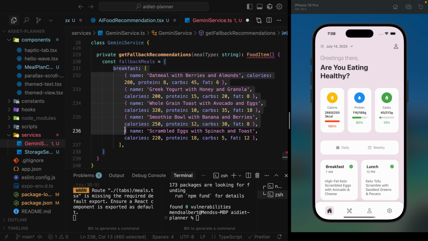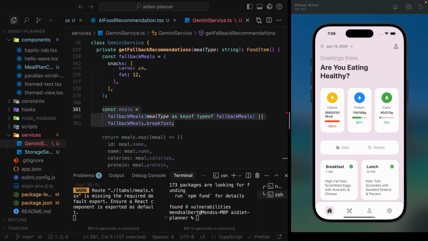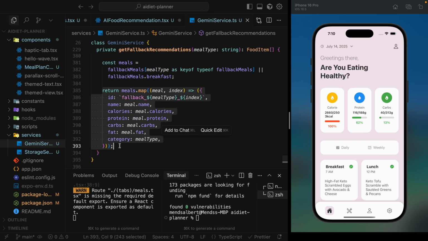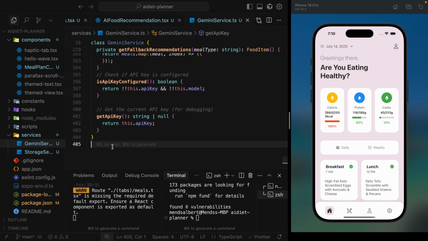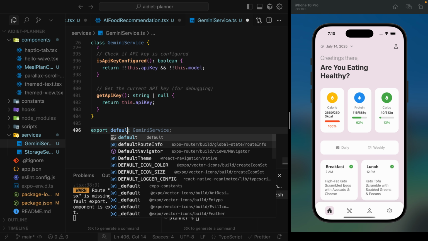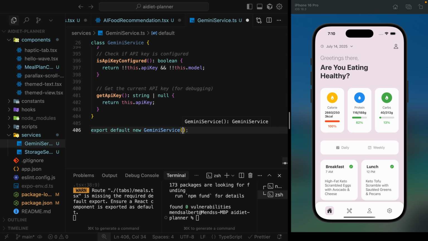The getFallbackRecommendations method provides a set of hard-coded meal ideas for breakfast, lunch, dinner, and snacks. This acts as a safety net if the AI is unavailable or an error occurs. Each fallback meal is fully structured as a FoodItem. Finally, we include 2 utility methods: isAPIKeyConfigured and getAPIKey. We export a new instance of the service. export default new GeminiService();